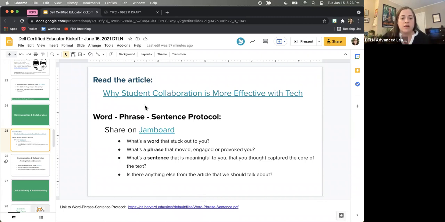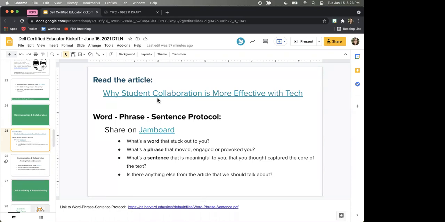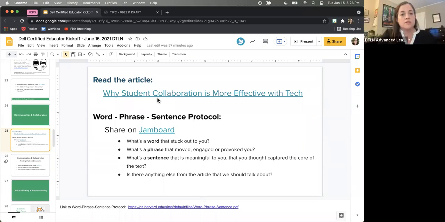So the text is this article, and again, there's a link. I know that this is tricky, but it's a good article, and it is about student collaboration and why technology can really help encourage student collaboration. Since we can't really pull up the article easily, what are some ways that you think technology can help make student collaboration more effective? Or even adult, like teacher collaboration, how can we collaborate better with tech? I know there's stuff that we don't like, but is there anything you can think of that would make it helpful?